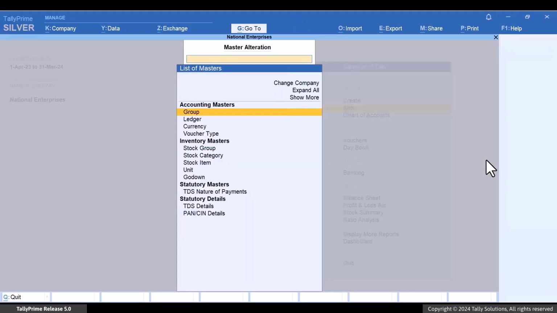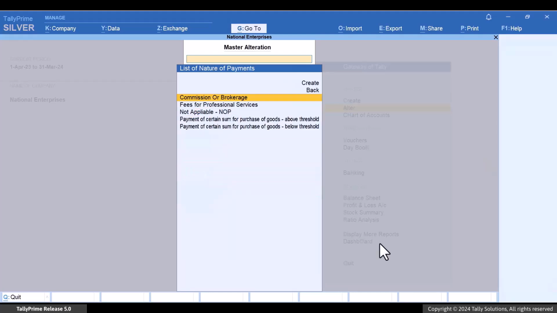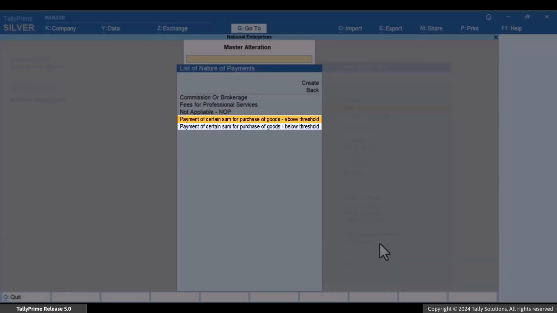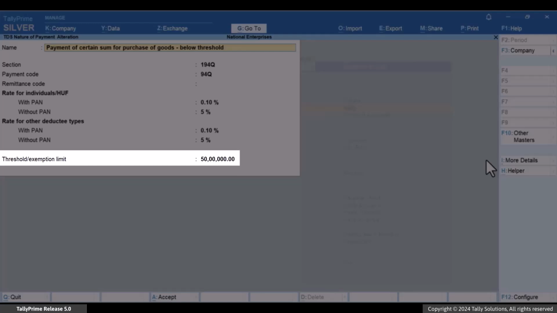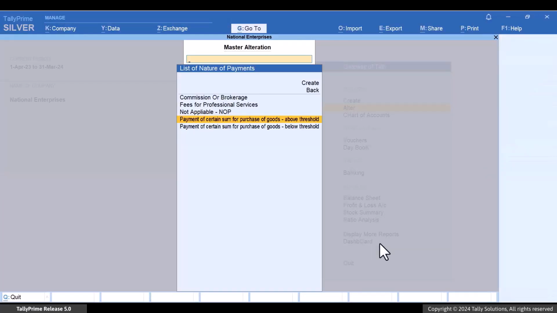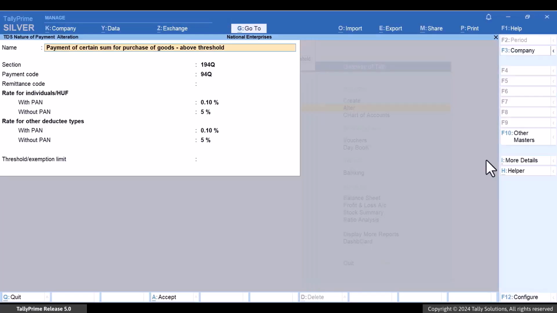In TallyPrime 4.1 and earlier, you created two natures of payment to record TDS on purchases under Section 194Q. One for below the threshold limit for transactions under the limit of Rs 50 lakhs, and another for above the threshold limit for transactions crossing the limit of Rs 50 lakhs.